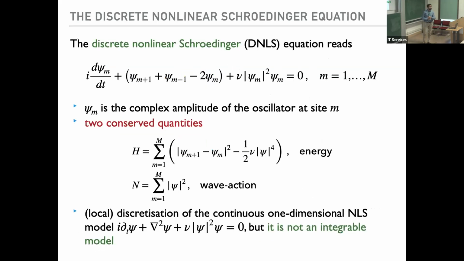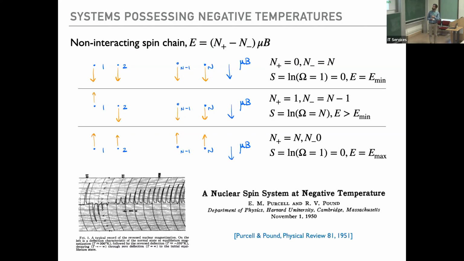So what is the configuration that corresponds to negative temperature? I would say that the state of maximal entropy would be the state where you have exactly N divided by 2 spins upwards and N divided by 2 spins downwards. And then if you keep swapping the spins to point upwards, you will increase the energy more and more, but the entropy will start to decrease. So did I answer your question?